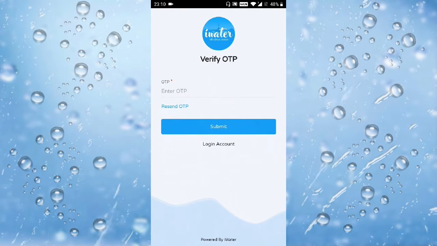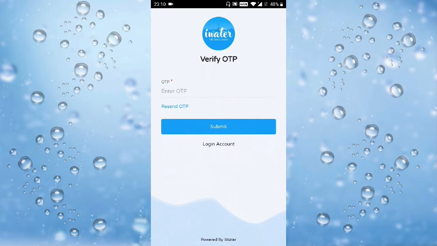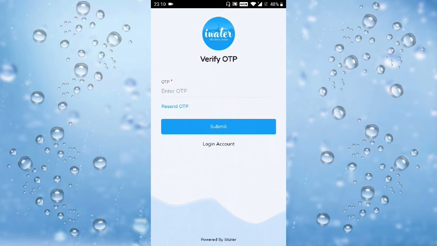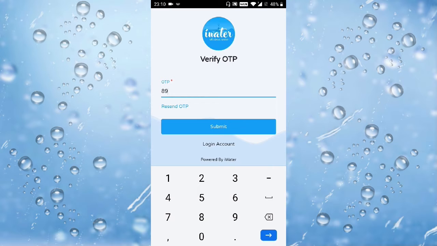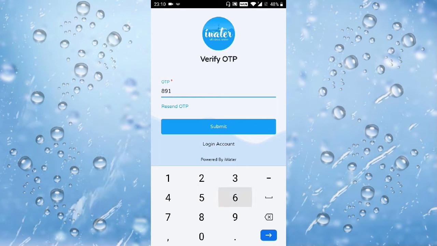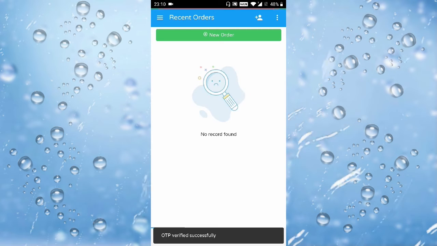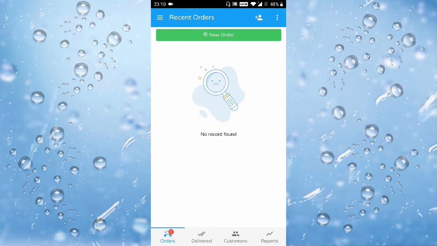Once you create the new account, enter the OTP to complete the registration. Thus you have created the account successfully.